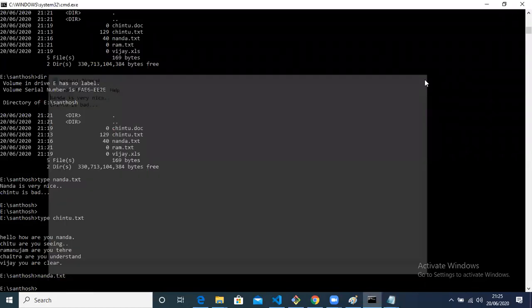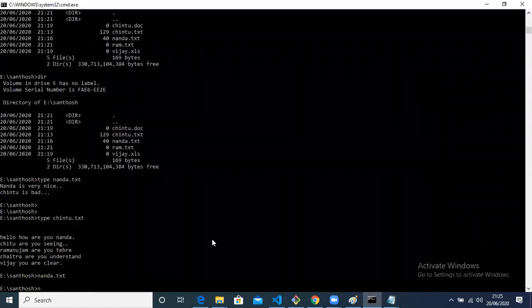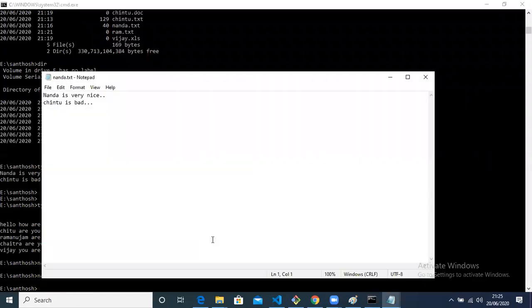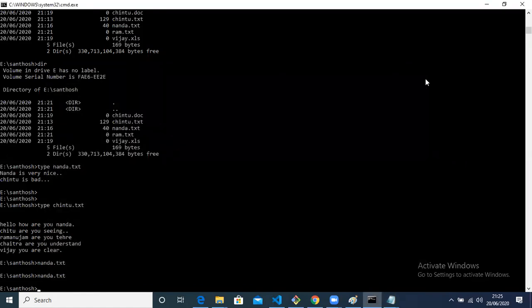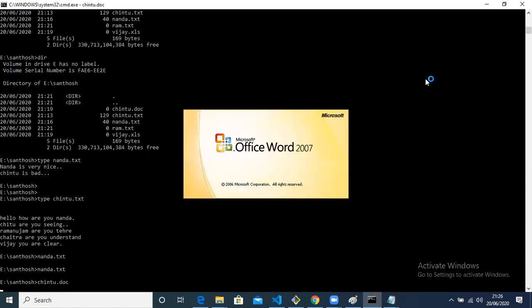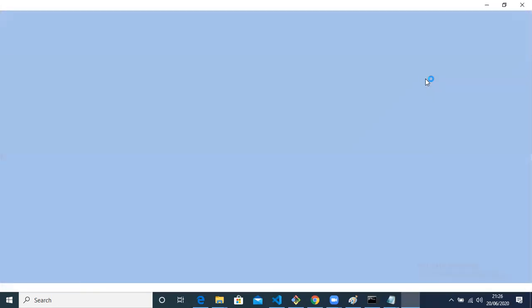So if I wanted to open this file in the appropriate application, I just put the file name with the extension and press Enter. It will automatically open the file in an appropriate application. A TXT file means it will always select Notepad. For example, I'm going to open chintu.doc.